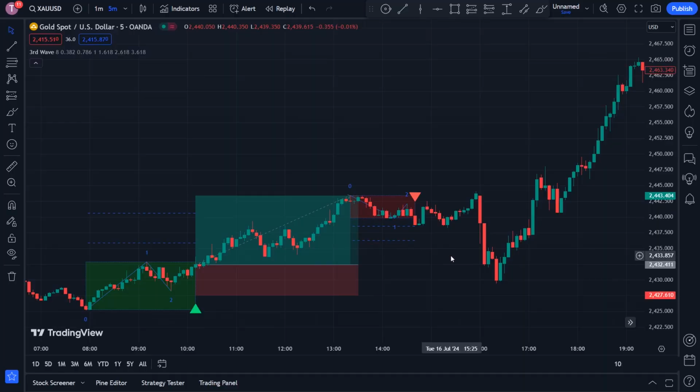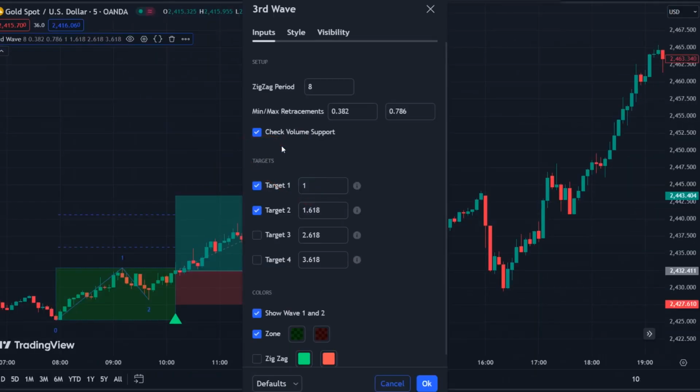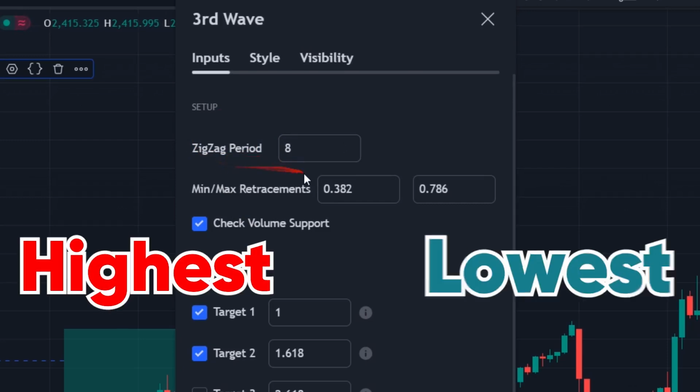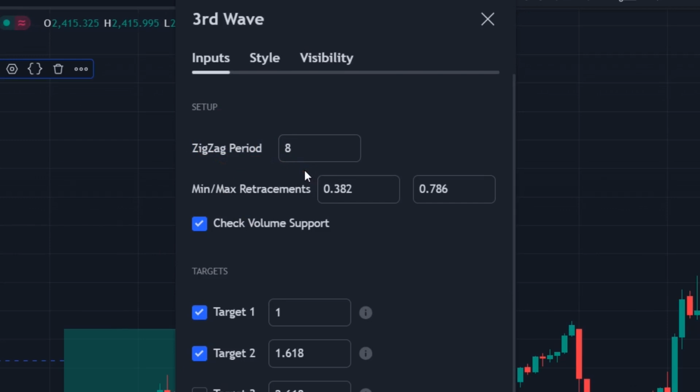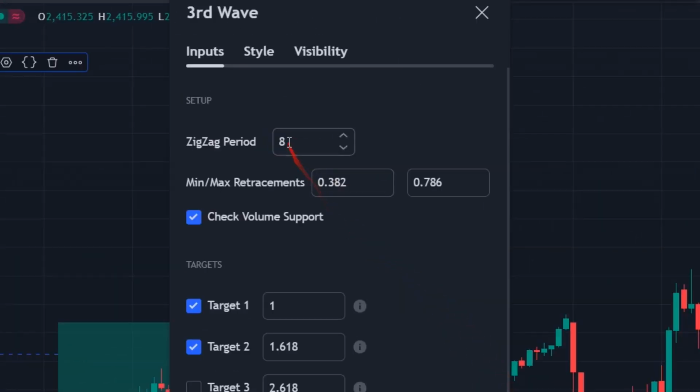After adding the indicator to the chart, you can adjust its settings by clicking on the gear icon in the indicator window. Now let me explain the different parts of these settings so you can own customized settings. Zigzag period. This value determines how the indicator selects the highest and the lowest price for wave identification. The number 8 means that the indicator uses every 8 candles to identify turning points. Increasing this value will smooth out zigzag patterns and reduces volatility, while decreasing it will increase the indicator's sensitivity to